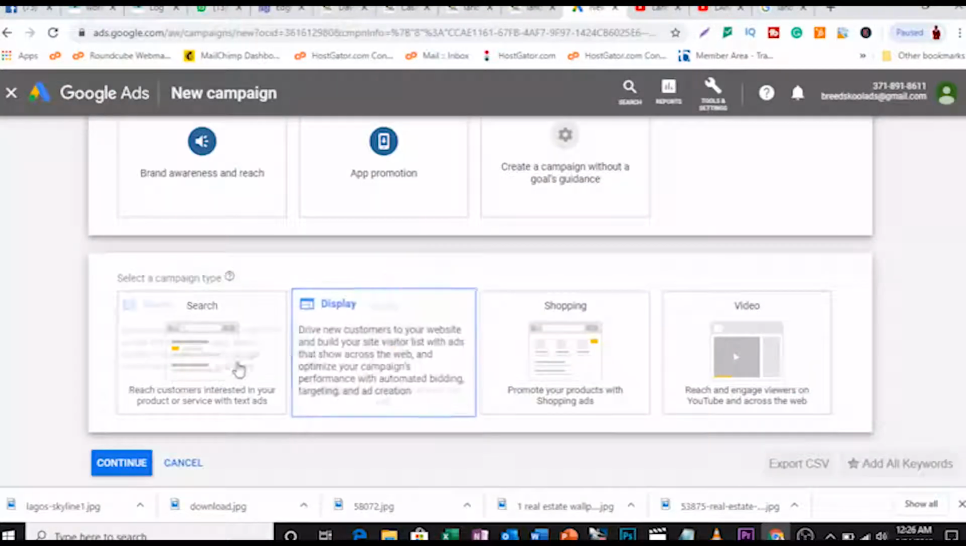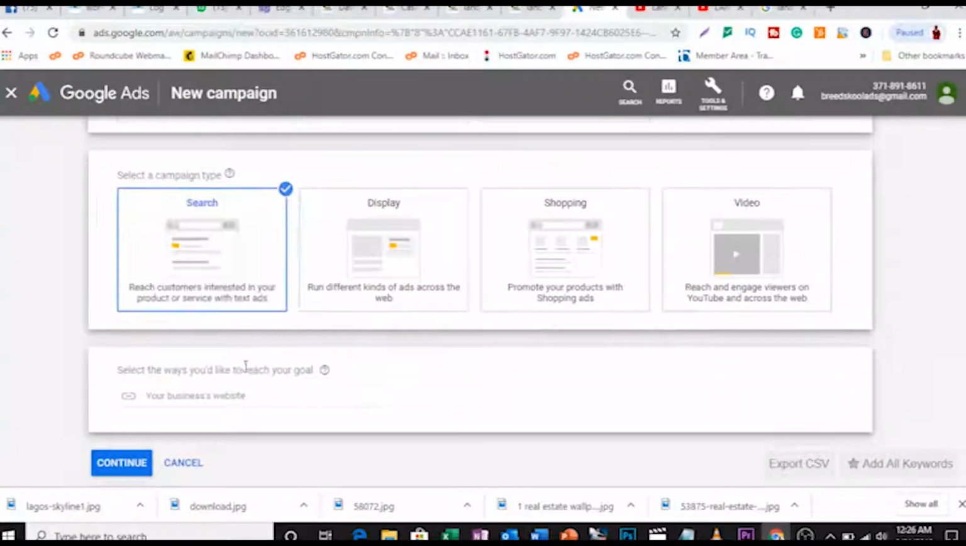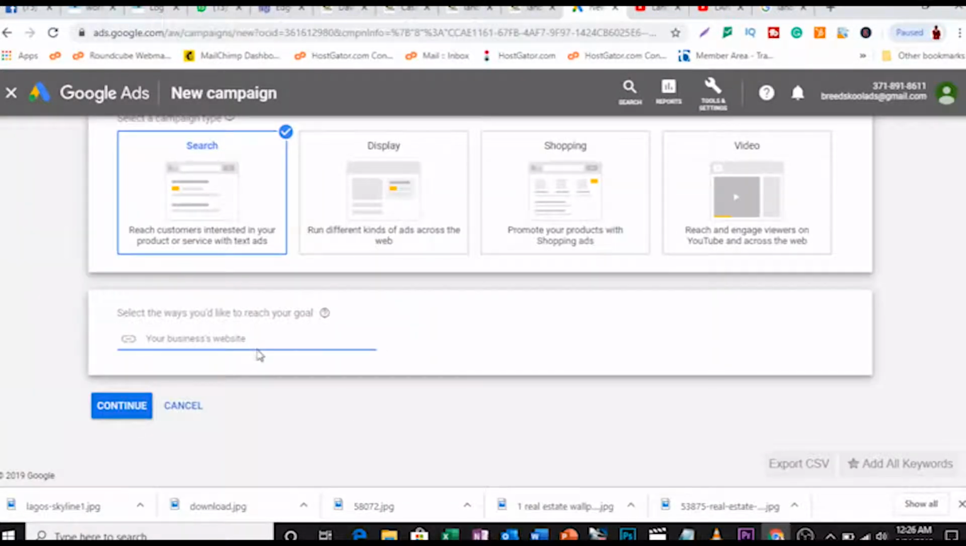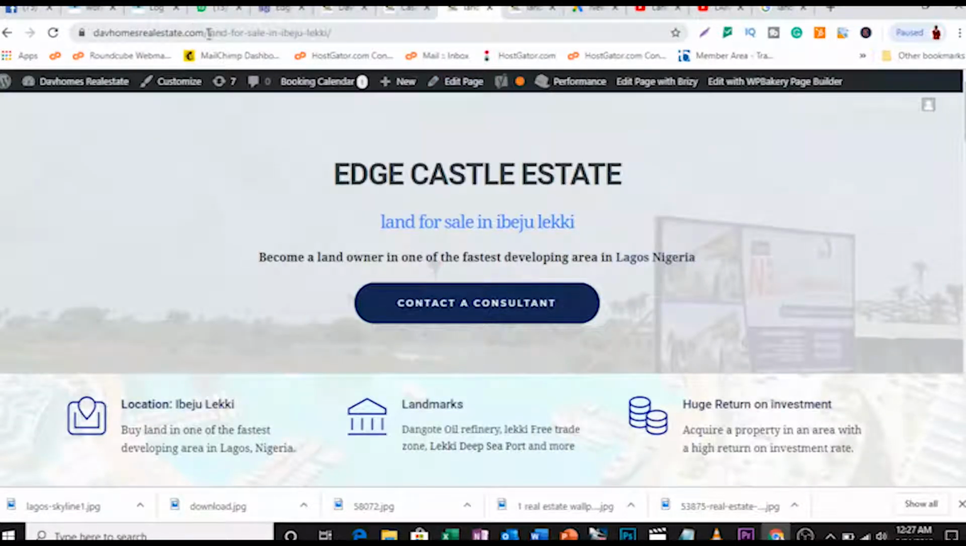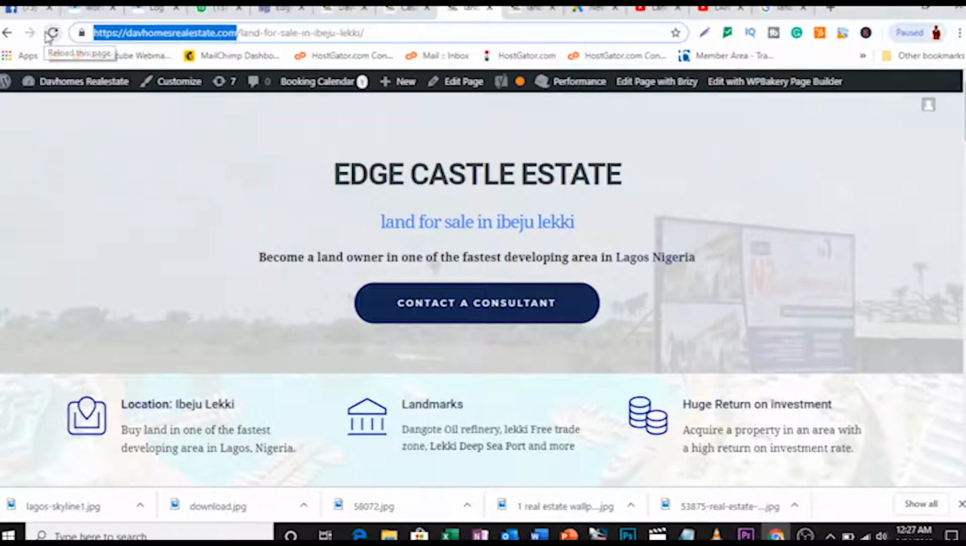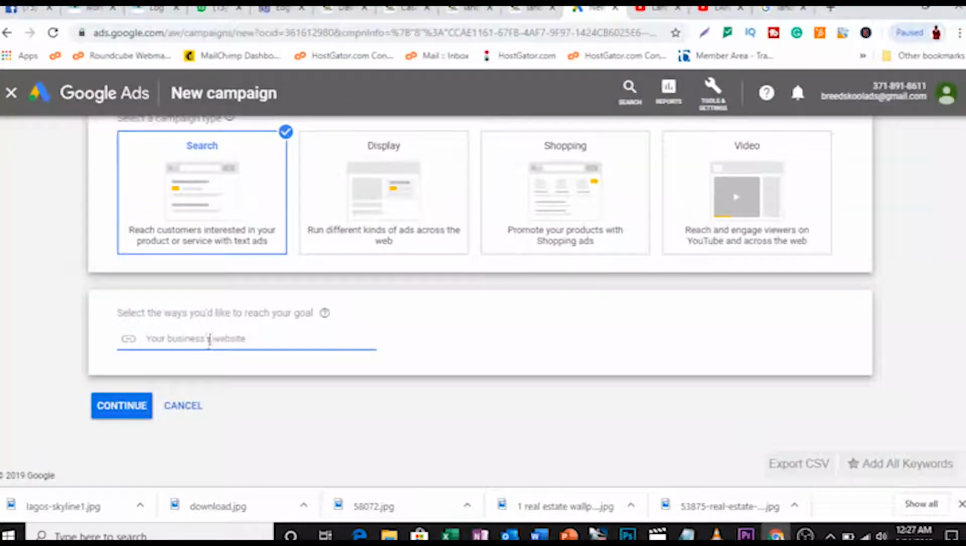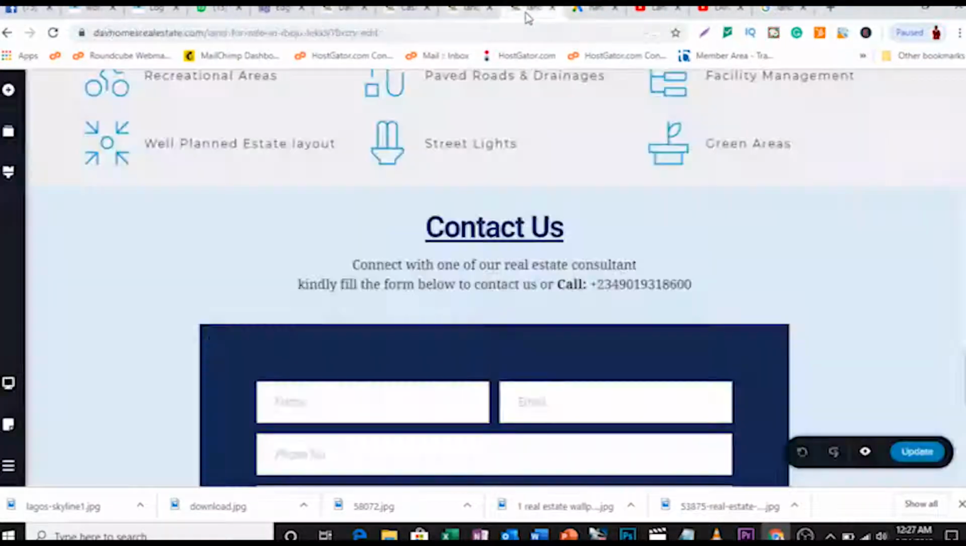Right now at this point we want to run search ads, so we'll just click search ads, and we can put our website address for the client we're trying to run this for. This is his web address, davehomesrealestate.com. I can copy that and put it here. Don't worry about this, it is not the target URL. This is not the landing page URL. This is the landing page URL over here,